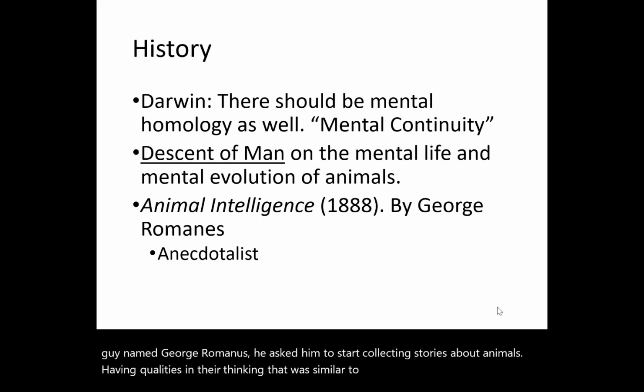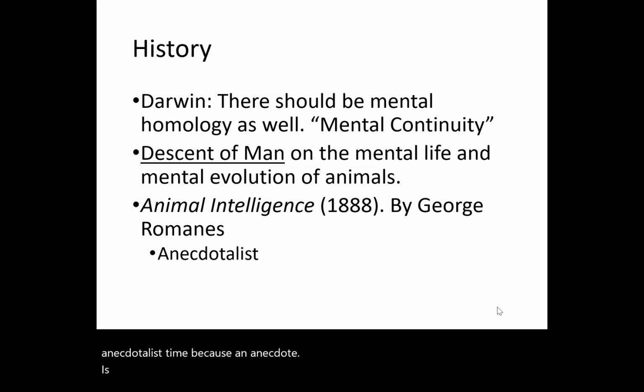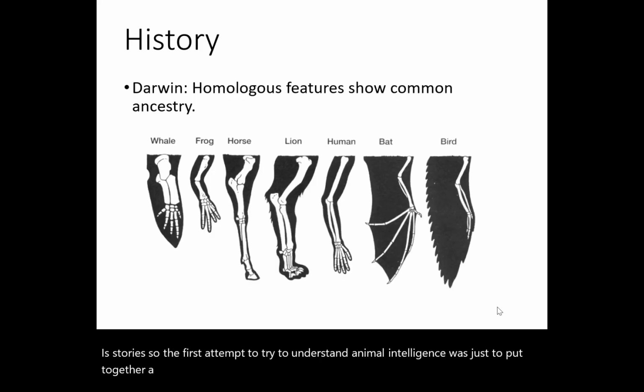We call this time an anecdotalist time because an anecdote is stories. So the first attempt to try to understand animal intelligence was just to put together a collection of stories,